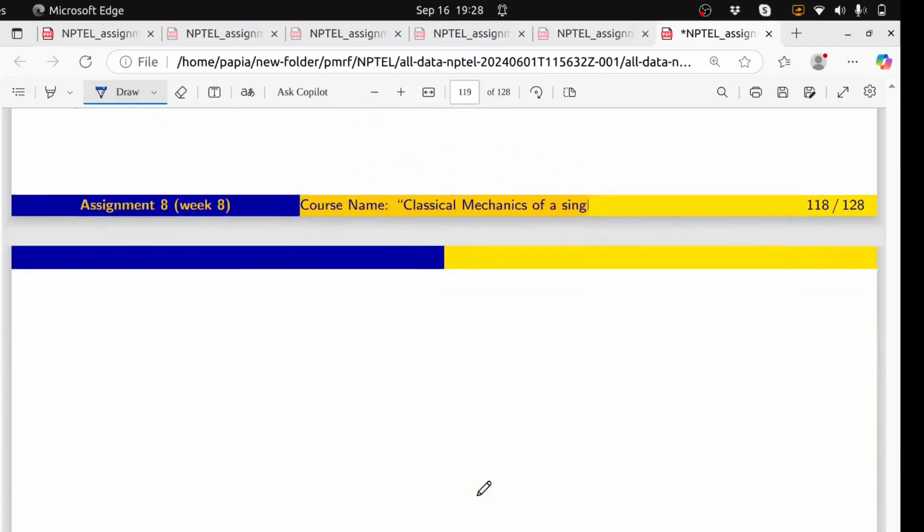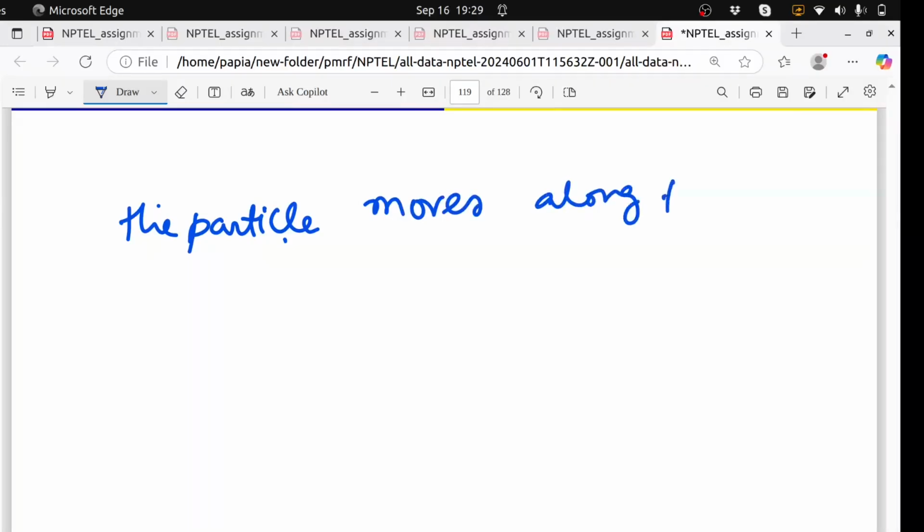Okay, so why it is like that? Because the particle moves along the cone's